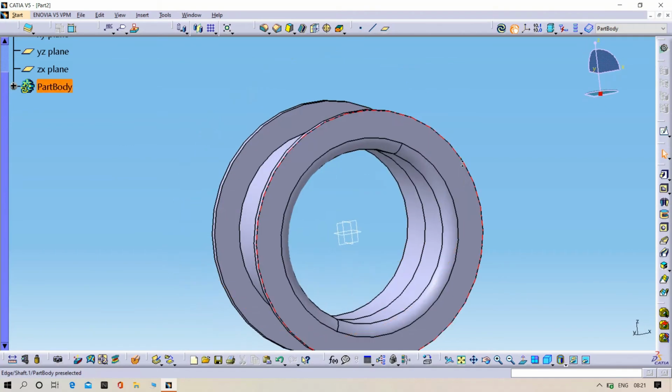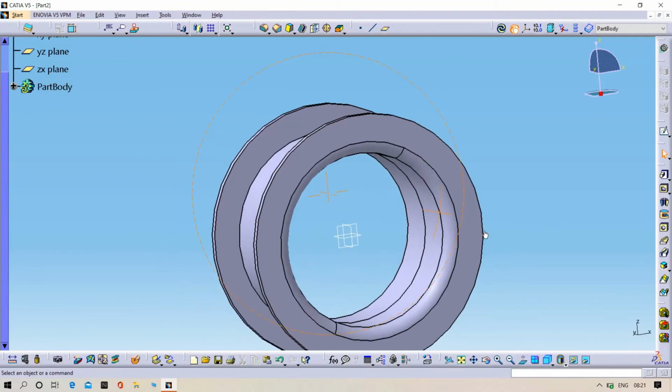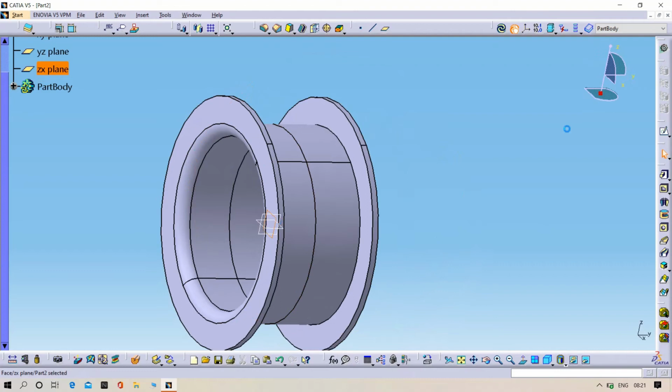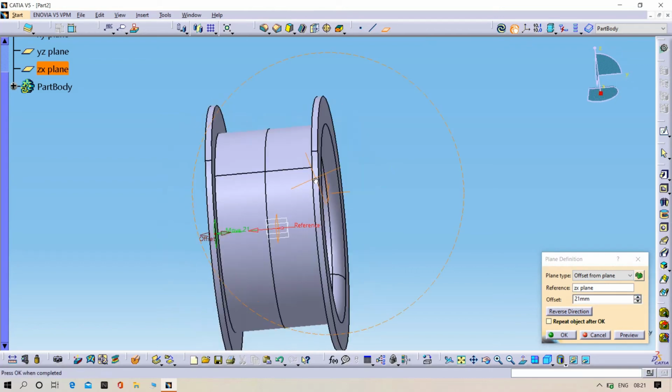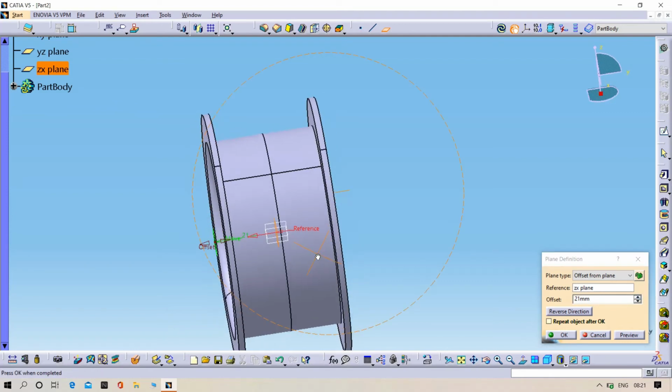Yeah, it's perfect. Now we need to create one duplicate plane in the reverse direction, up to 90.